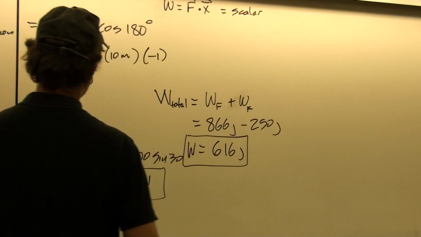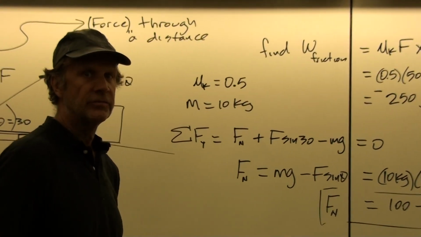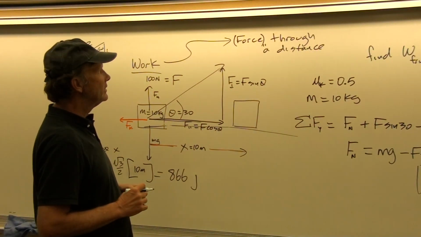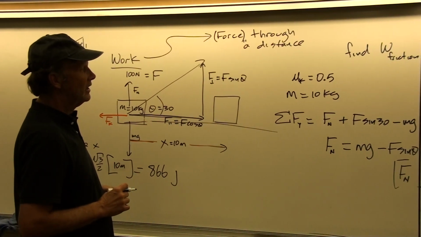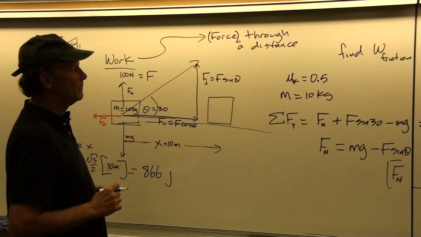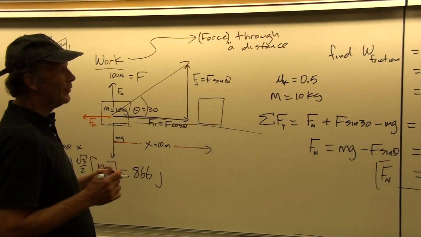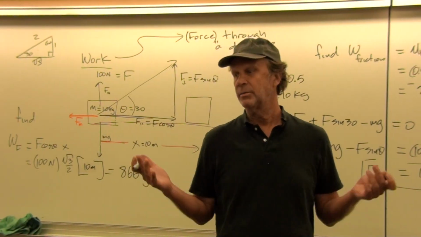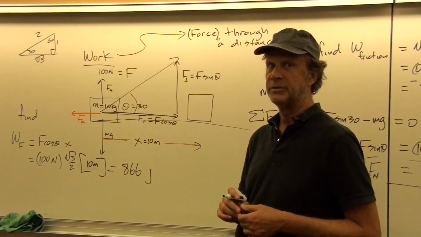Okay, so in each case, when we're looking at the work done by the friction force and also the work done by the external force, we are dealing with constant forces that are acting. And so that we can use this F dot x to get the work done. Okay, and so that gives us the total work. But the question then is, well, how is this useful? How can this help us solve problems, say, that we didn't know how to solve before?